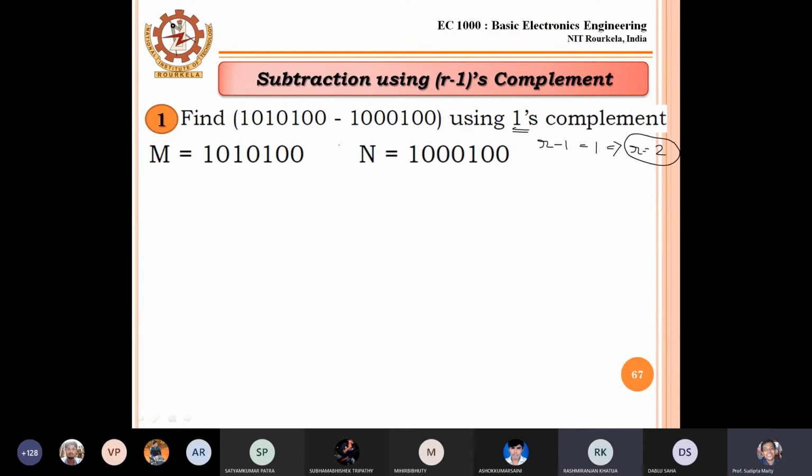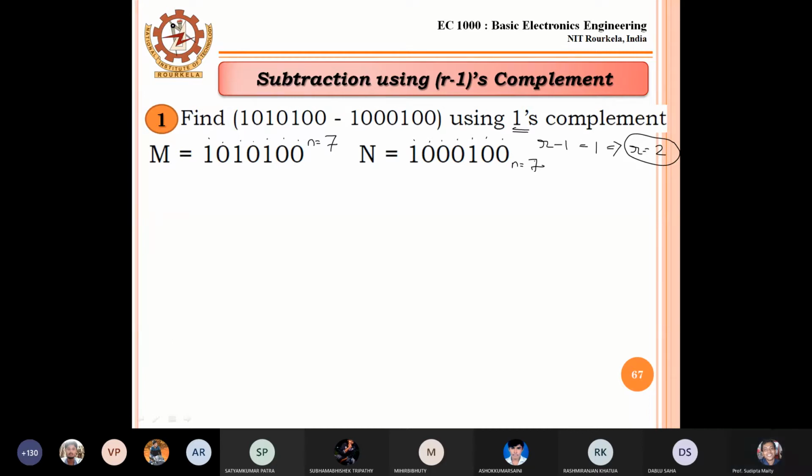So the base is known. Counting the bits, 1, 2, 3, 4, 5, 6, 7, so small n equals 7. And here also 1, 2, 3, 4, 5, 6, 7, small n equals 7. Both have the same number of bits, so we do not have to perform any 0 padding.